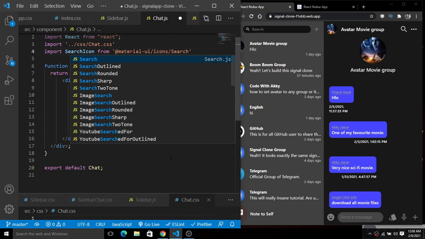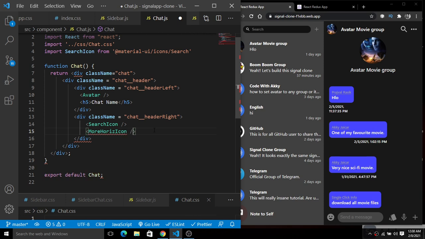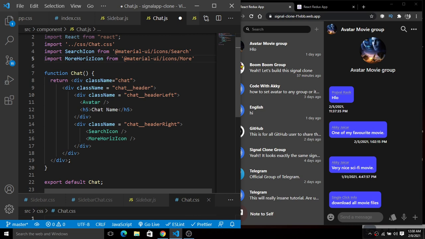Or simply grab this, copy this and paste it down here, and instead of this search icon we will put more horizontal, and here also put more horizontal. Okay, so now hit the enter button.